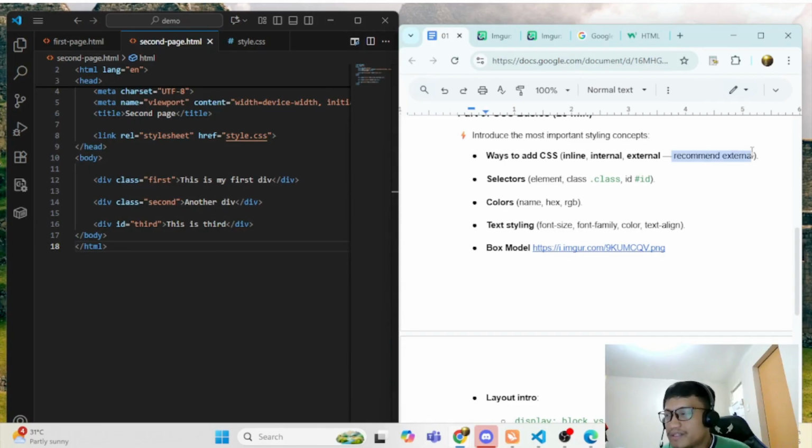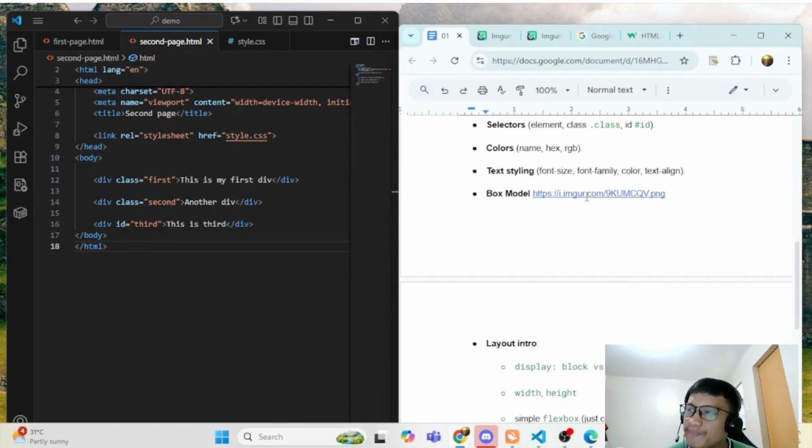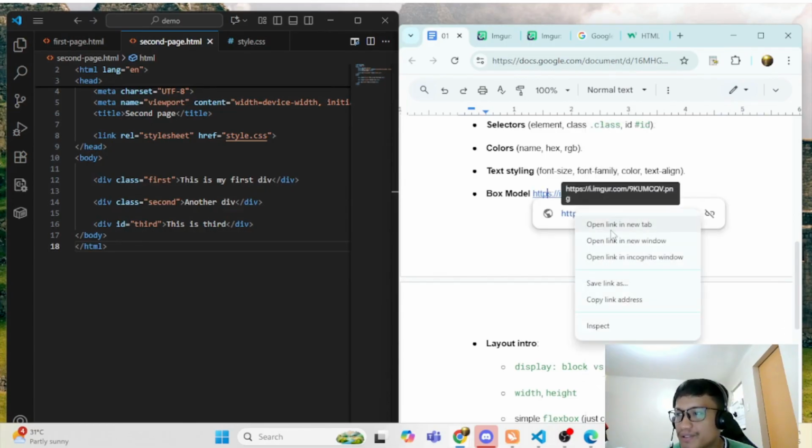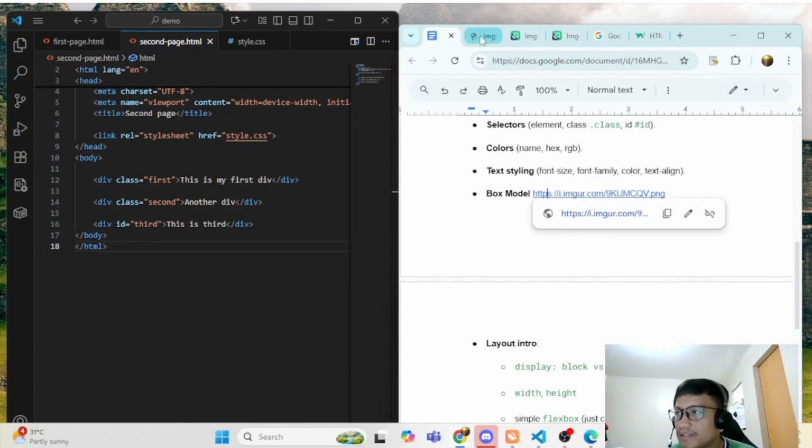We can use the external to make it simpler and, of course, easier to read. And then, of course, we separate one file from another. So let's go to box model. Okay, so box model.